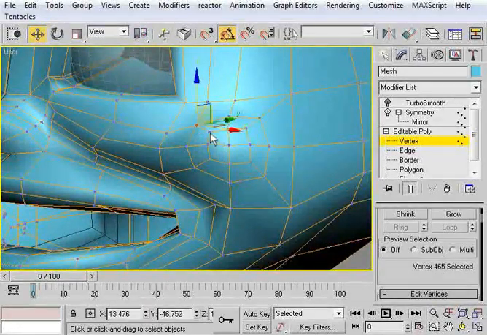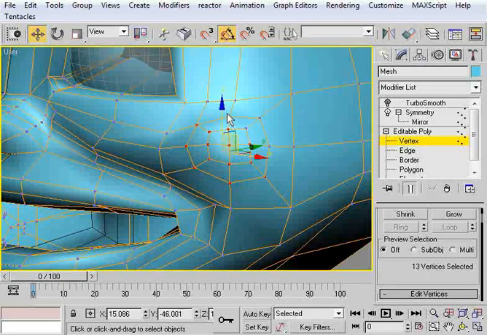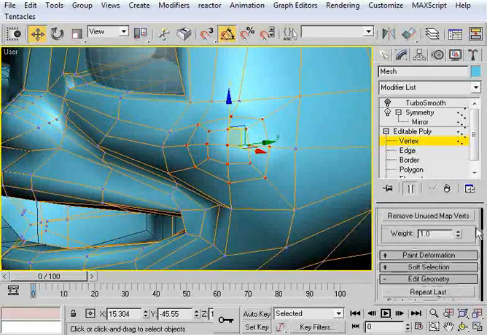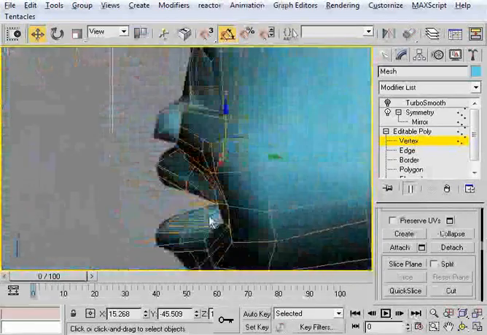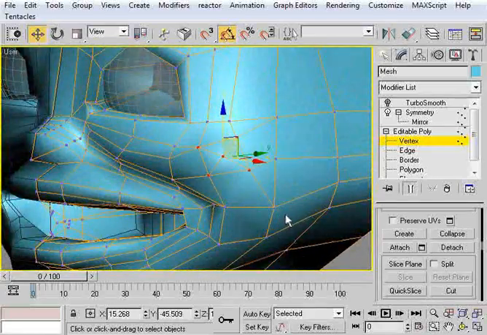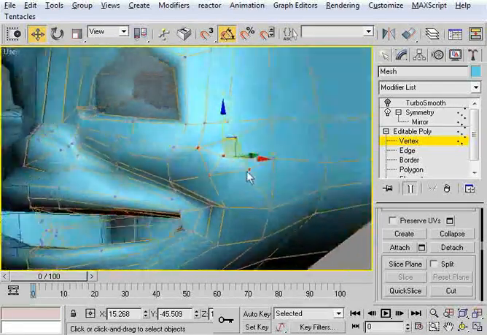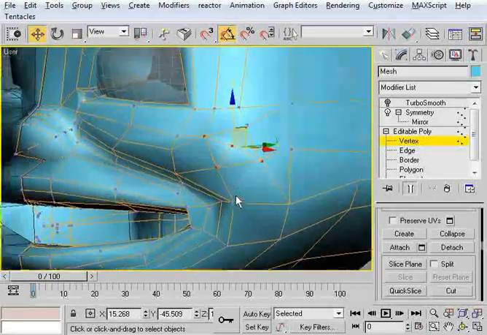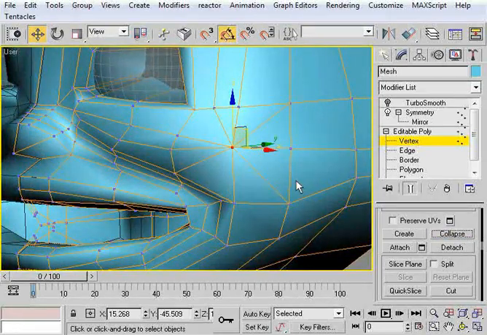What I'm gonna do, we're gonna go in and select all of the vertices that were the new ones, and we're going to come down and hit collapse. Okay, we hit collapse again and it takes everything down another step. Okay, but I think that this right here, I think we can actually work with this if we wanted to, but I want to collapse it, and then